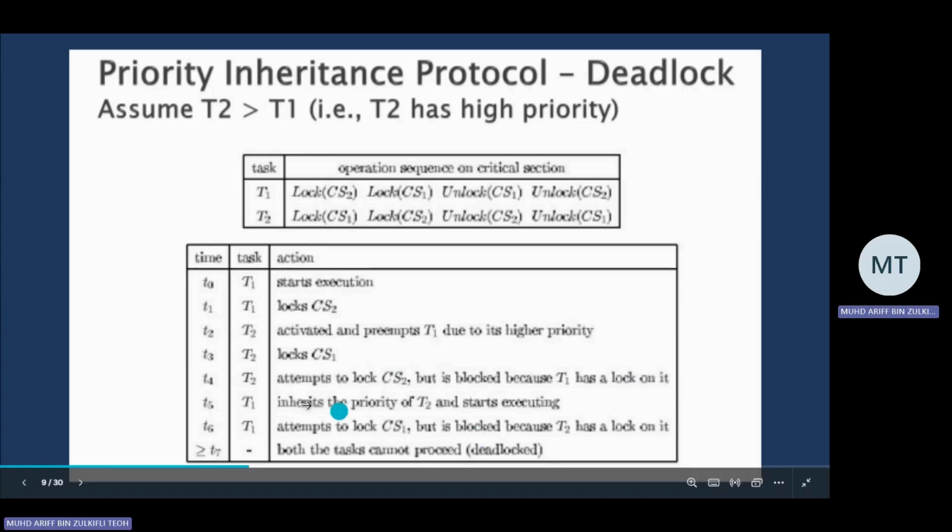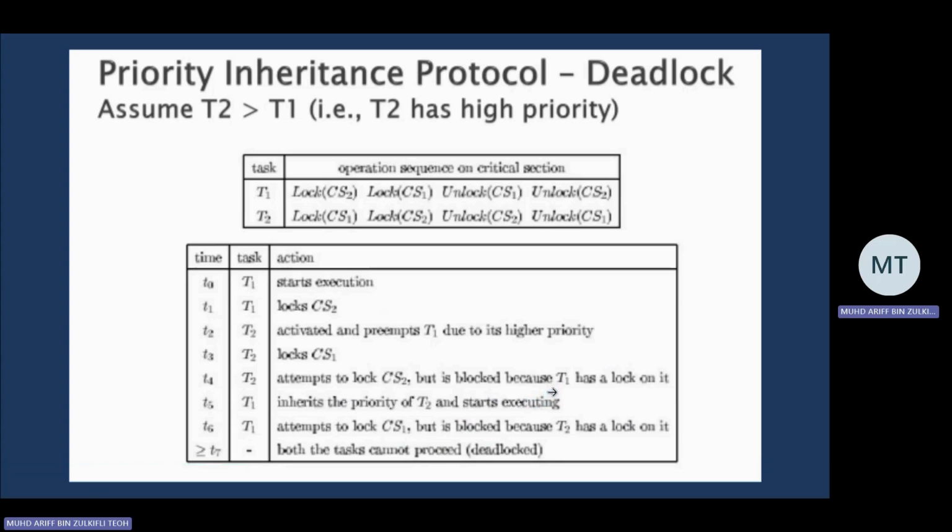So after that, at time T5, it inherits the priority of T2 and starts executing. It attempts to lock CS, but it's blocked because T2 has the lock on it. So both of these tasks cannot proceed because they are blocked by each other. In conclusion, priority inheritance may help to prevent the task from being blocked, but it still does